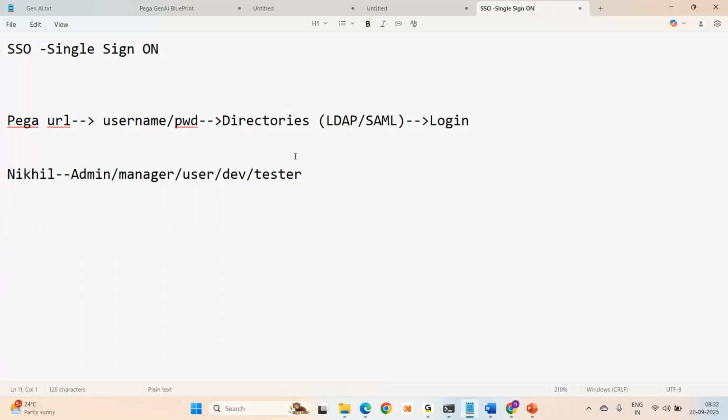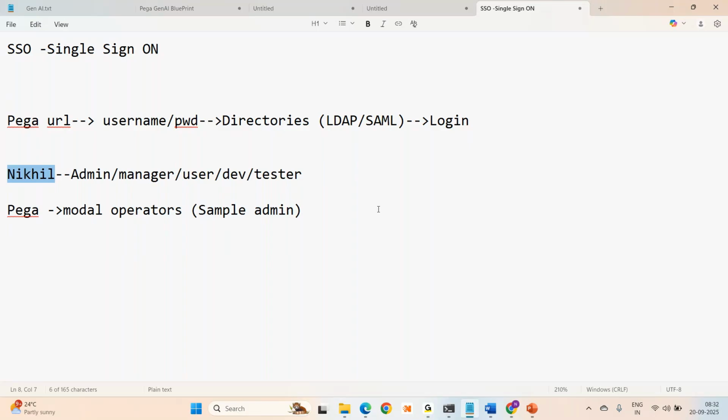Model operators means sample operators. So once they figured out that Nikhila is an admin, now what will Pega do? In Pega, we will have some model operators. We call them model operators, like sample operators. A sample admin operator will be there. So what we'll do? Okay, Nikhila is an admin, right? So we take this sample admin operator ID and we save it as, with the same access group and same privileges, we create an operator ID for Nikhila and we allow her to